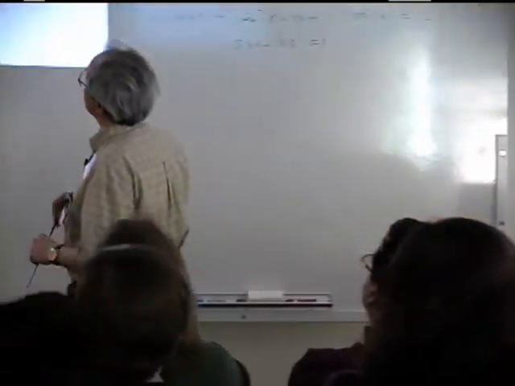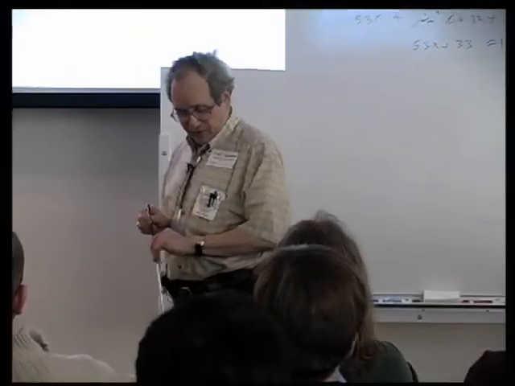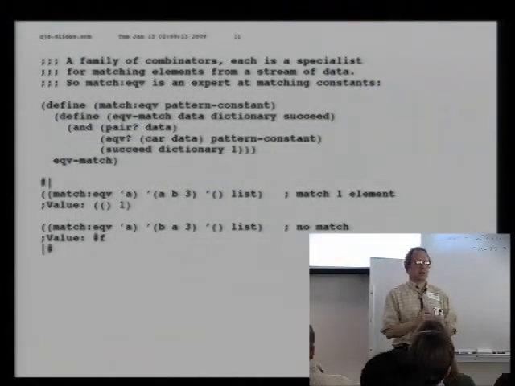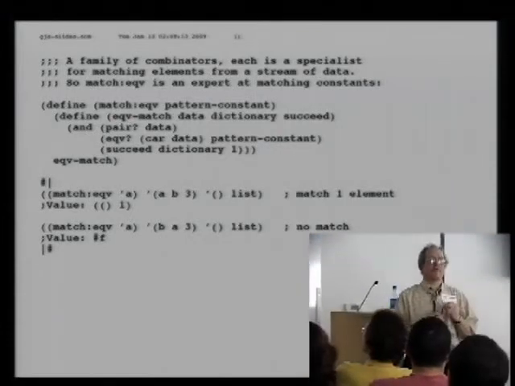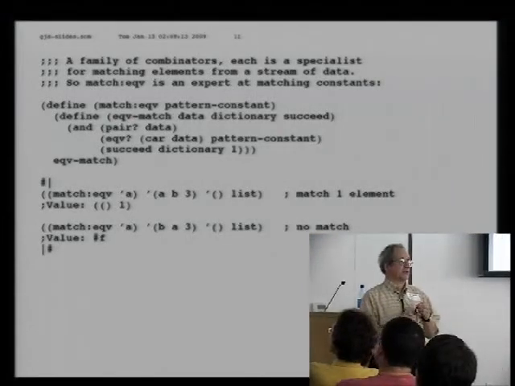So what we're going to build is a family of combinators. And each of these combinators is some sort of specialist for a particular kind of match. Now as I said, this strategy is enormously valuable. One of the things that happens here is it's sort of a way of building a mix and match pile